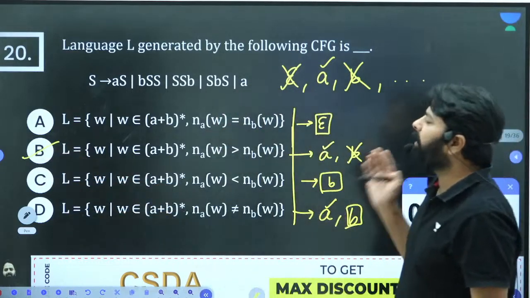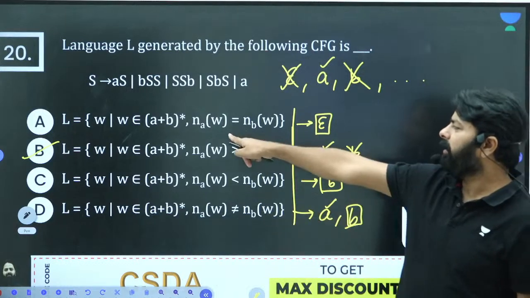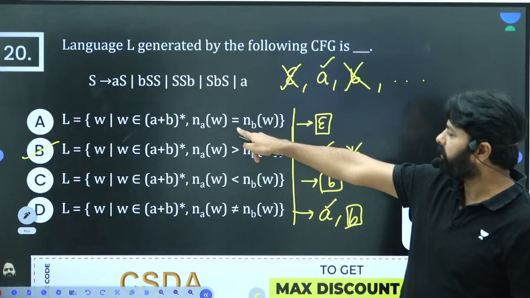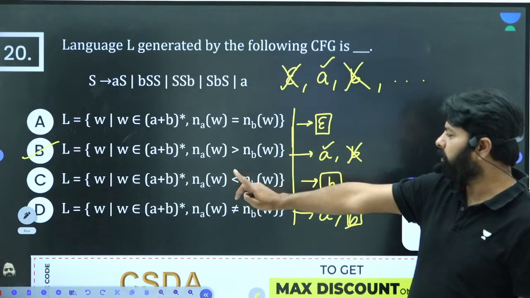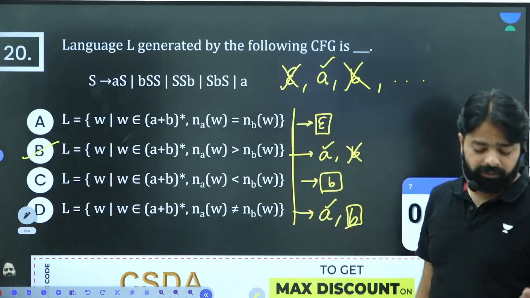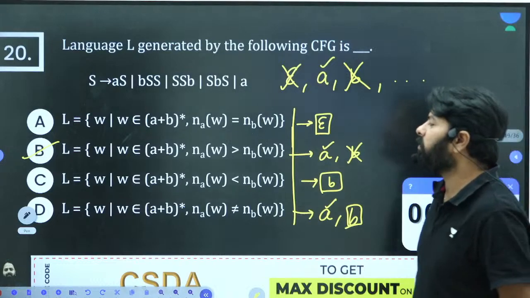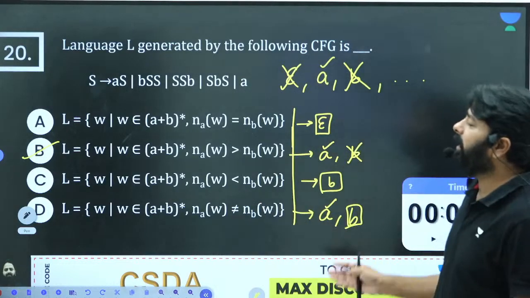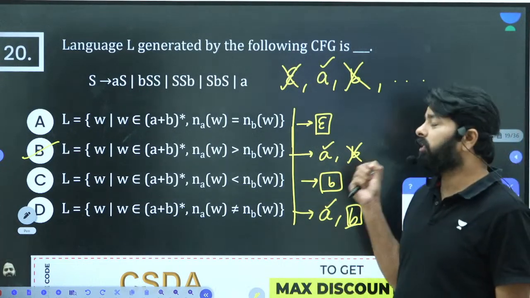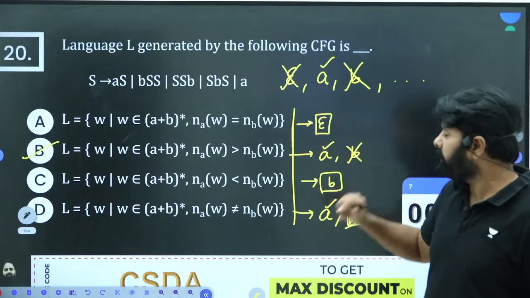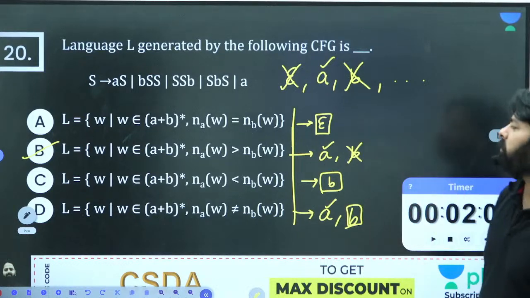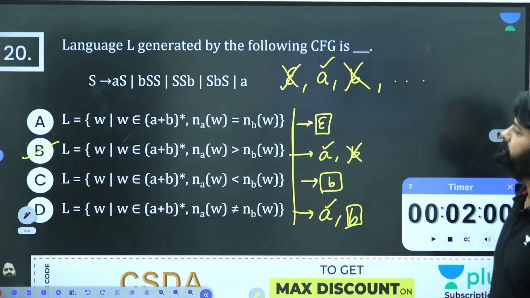Just the minimum string A would be sufficient to understand. Here A is not possible, because we want an equal number of A's and B's. Here A is possible, here A is not possible, here A is possible, but B is also a minimum string here, though B is not possible there. The entire question depends on a single A, which one gives A, and that should give you A in length one only. So here this one gives A and that one also gives B, but we don't want B. So A is sufficient to choose the right answer.